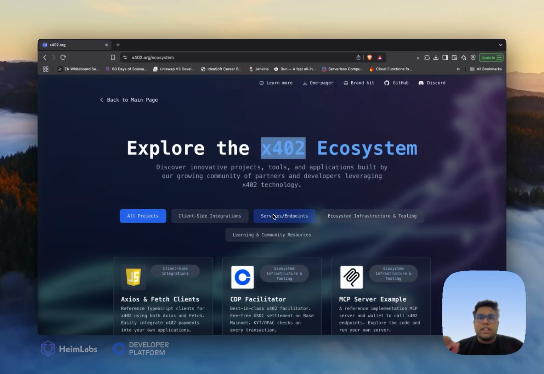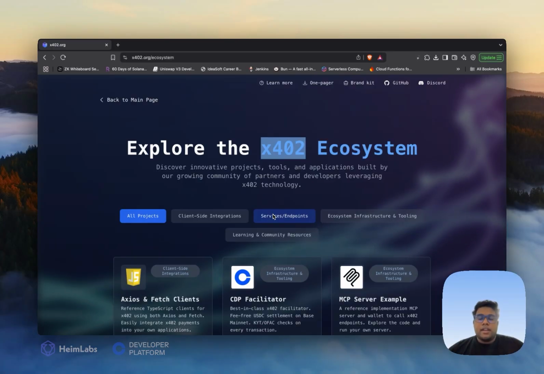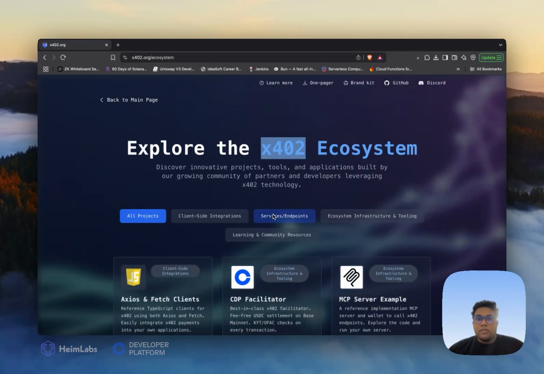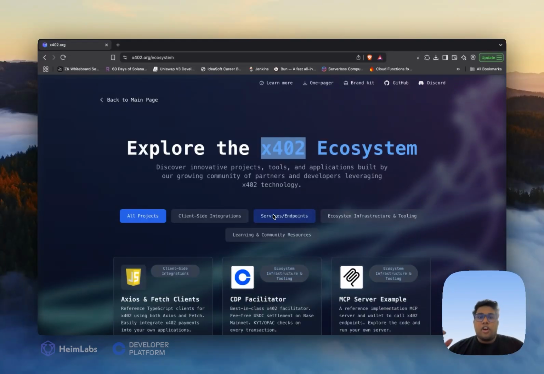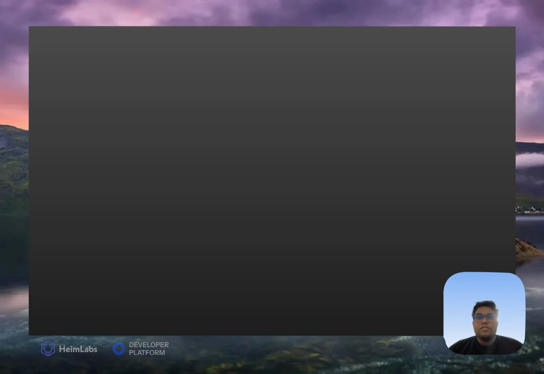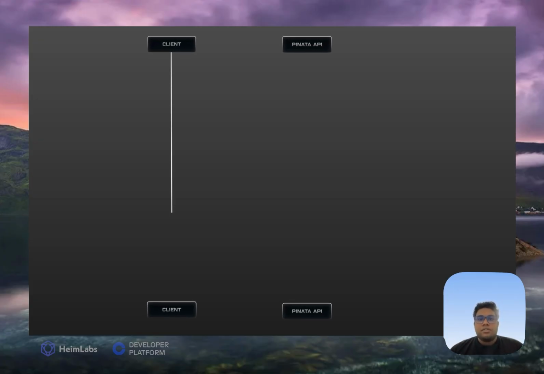Today we are getting hands-on with live X402 APIs on mainnet. We'll be interacting with Pinata's X402 service to upload a file to IPFS, and we'll be handling the payments using Coinbase Developer Platform wallets and the X402 Axios service. Pinata allows you to pin data to IPFS, and the X402 integration means you can access the service programmatically on-chain with Base mainnet USDC. The process looks something like this.